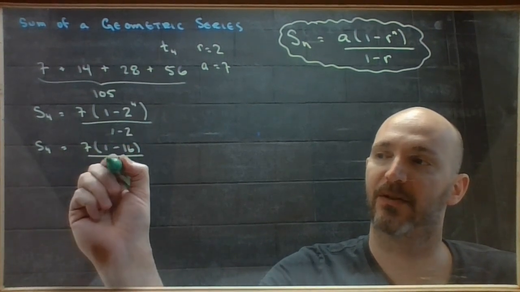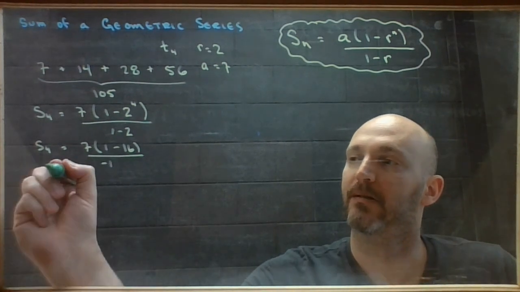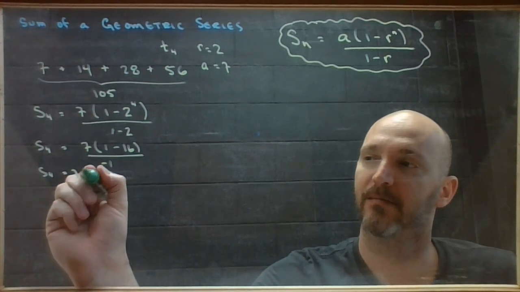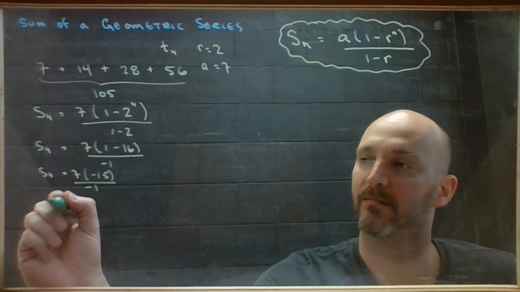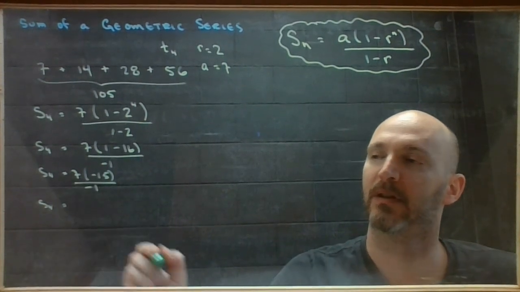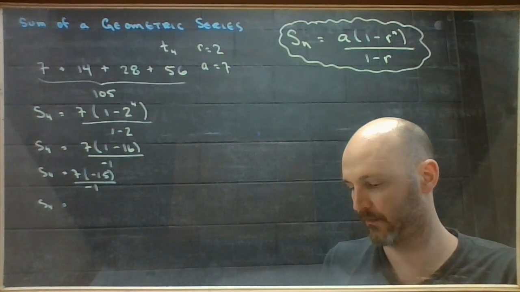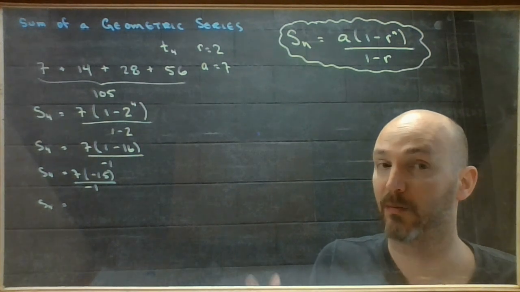And 1 minus 2 is negative 1. 1 subtract 16 is negative 15. And 7 times negative 15 divided by negative 1 gives me 105,